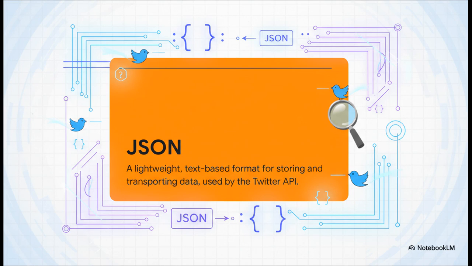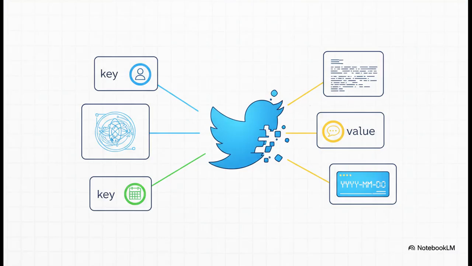Well, it saves it as JSON. And you can think of JSON as a universal language for APIs all over the internet. It's just a really clean text-based way for different programs to talk to each other and exchange information. And this is a little taste of what that data looks like. See? It's just a series of key value pairs. Each tweet gets turned into this neatly organized object that's packed with info: the text, the user, the time, and a whole lot more.